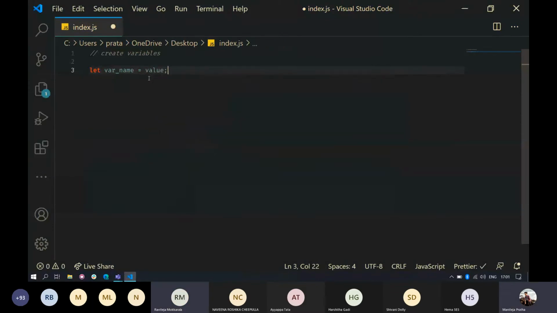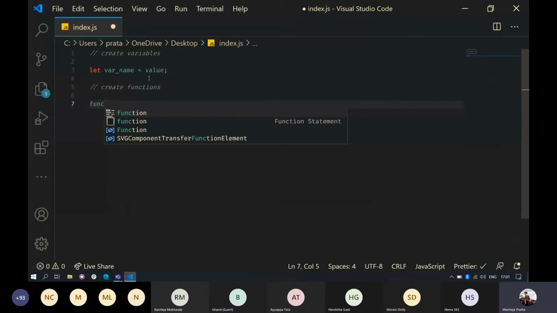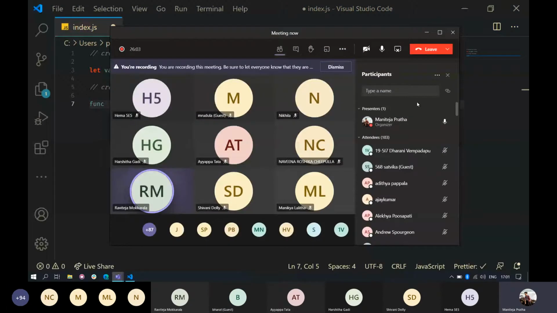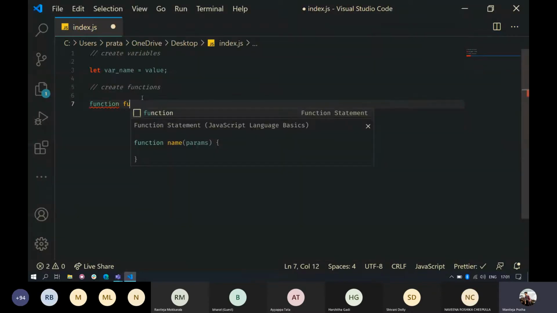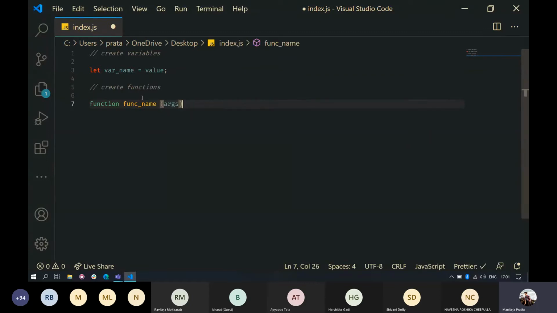Guys, is the audio breaking? Okay. So now to create functions, the syntax is function, name, arguments, and the code that needs to be executed, right? So these are how to create variables and how to create functions in JavaScript.